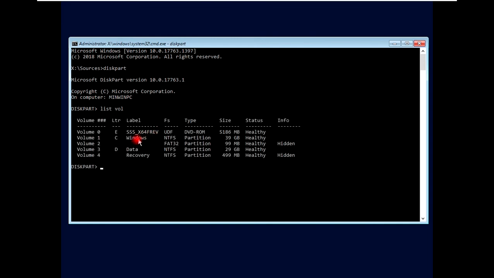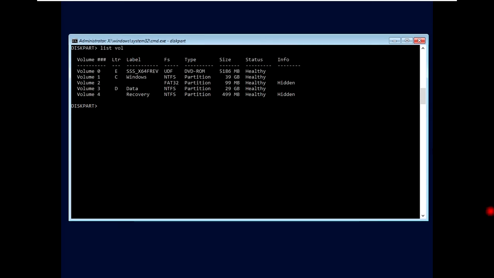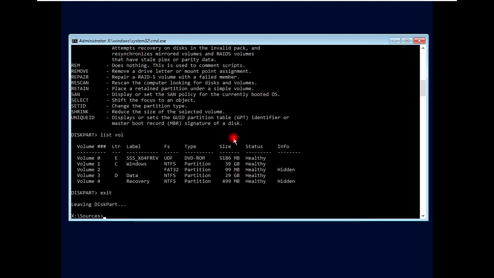You can see here the letter for my Windows drive is C and the letter for my data drive is D. Note that the letters showing here may be different from the actual letters of the drives. I will type exit here and hit enter to exit diskpart.